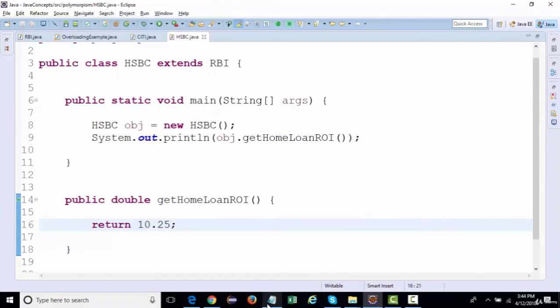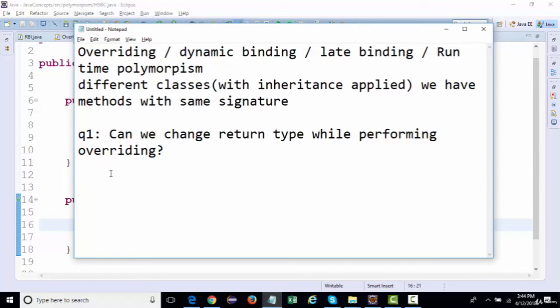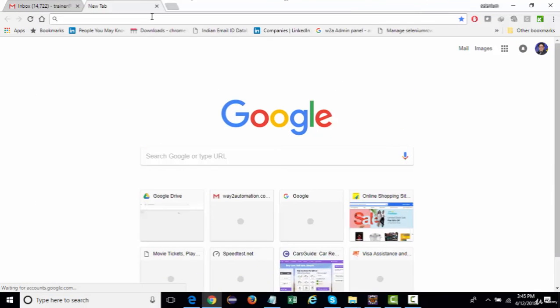Again, I can change this answer to yes as well, right? This depends on the condition. So we cannot, and we can as well. Why no? No in the case when the return types are primitive. Primitive as in we have primitive data types. If you want to search for what all primitive data types are there,